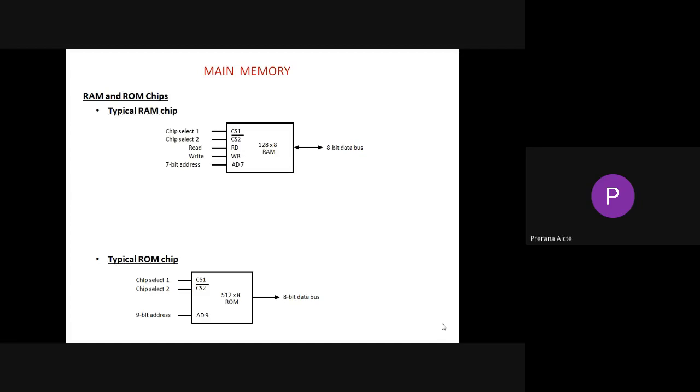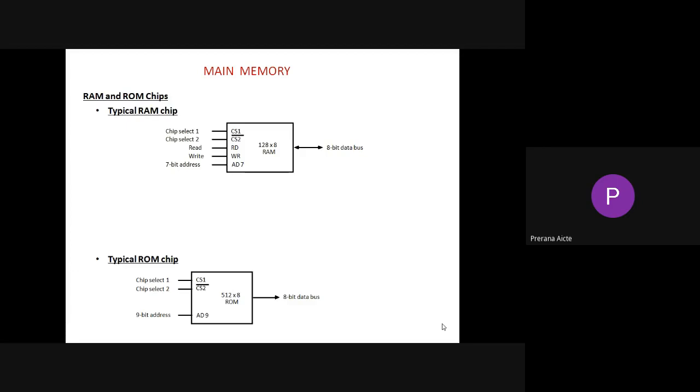The read and write inputs specify the memory operation, and there are two chip select inputs, chip select 1 and chip select 2. These control inputs are for enabling the chip only when it is selected by the processor. The read and write inputs are sometimes combined into one line labeled R/W. When the chip is selected, the two binary states on this line specify the operation of read or write.